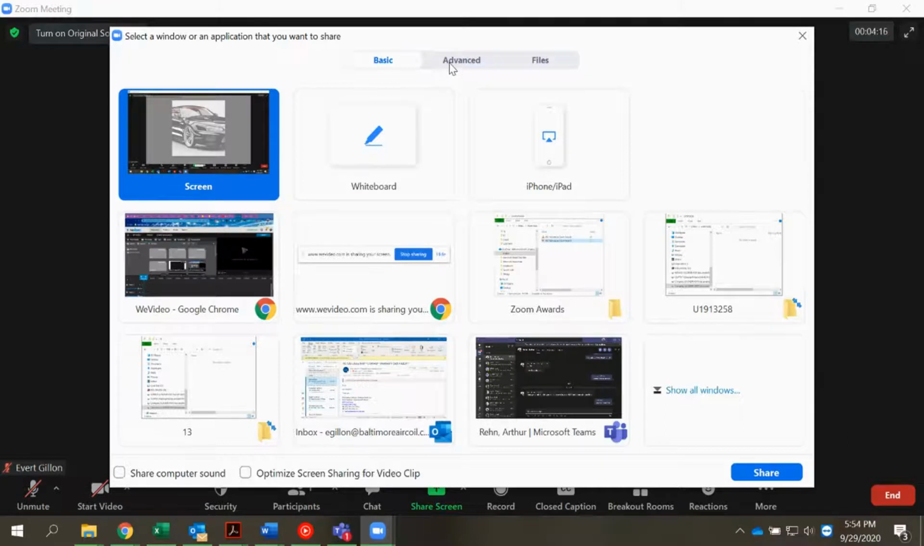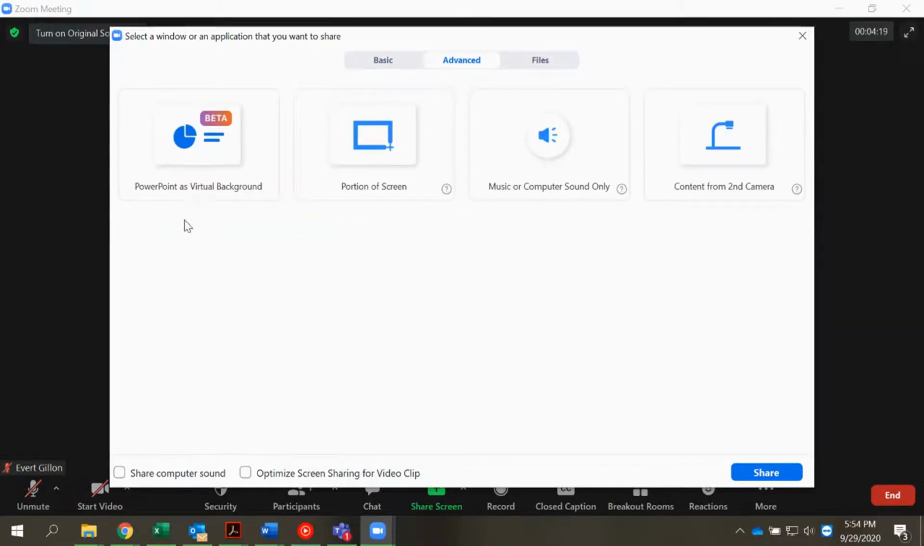If you get into the advanced tab, you can share your PowerPoint. So if I have a PowerPoint presentation, I can share that PowerPoint and then drag my video onto the PowerPoint so that you can also see me and the PowerPoint at the same time. Or if you only want to share a portion of your screen, you can select this. If you only want to share audio, like you have music, you can select this, and then whatever your audio source is will be played back to the participants on your